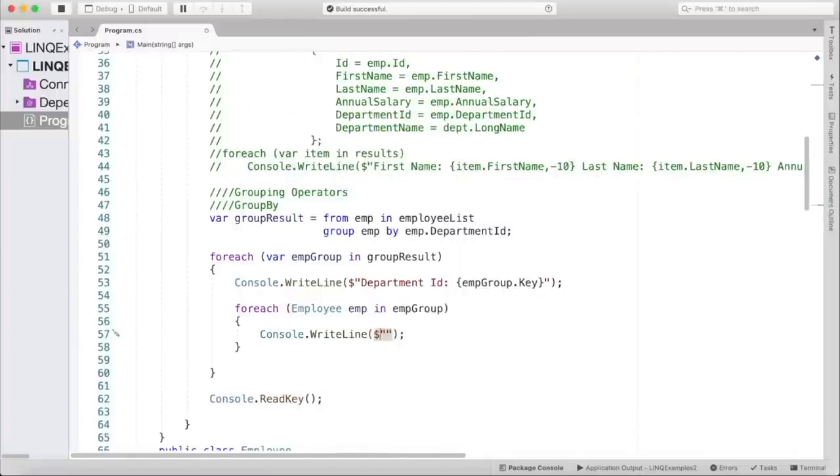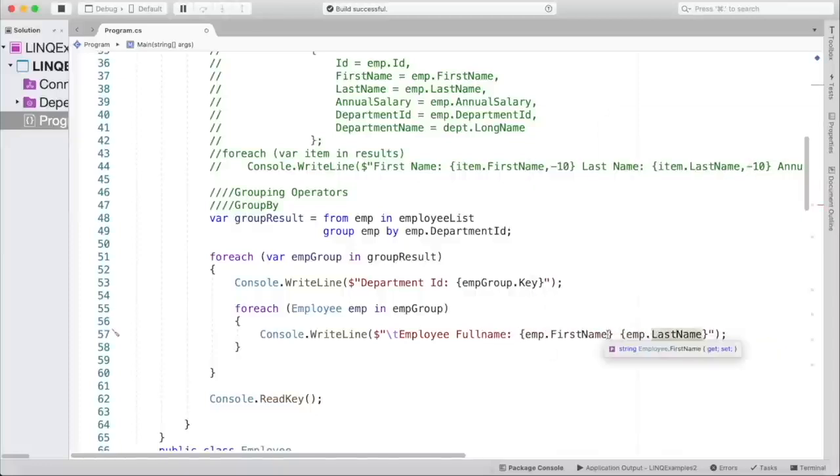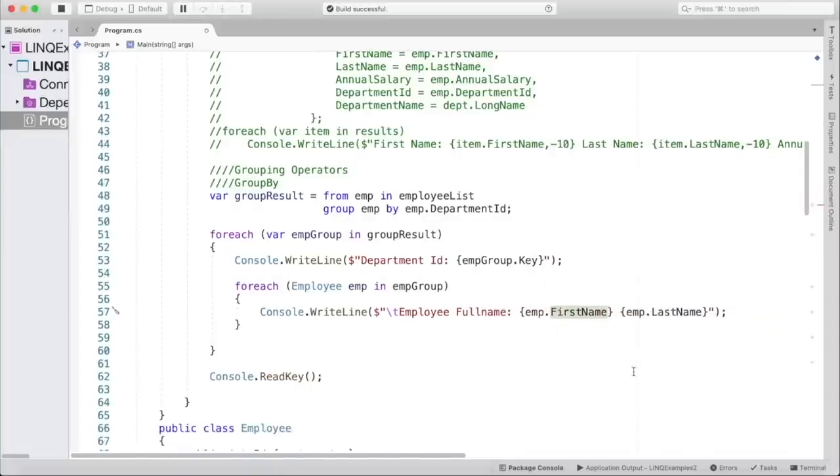Notice how this query does not end with a select operator, but a grouping operation is being performed at the end of this query. So we can traverse the results of this grouping operation using nested for each loops. The outer loop traverses each group that has been created based